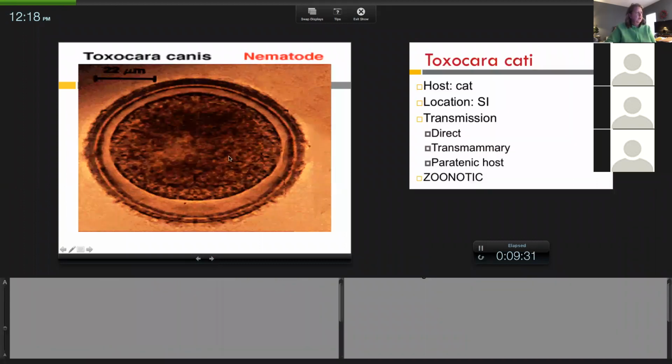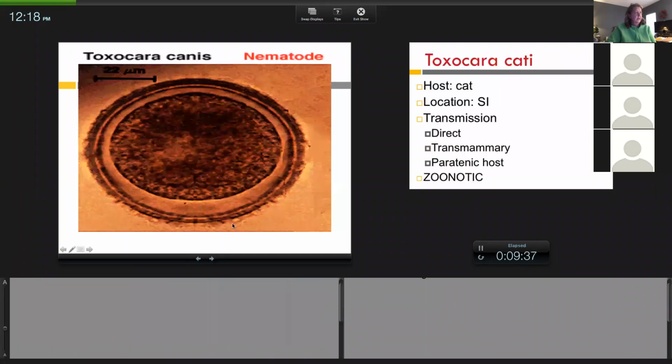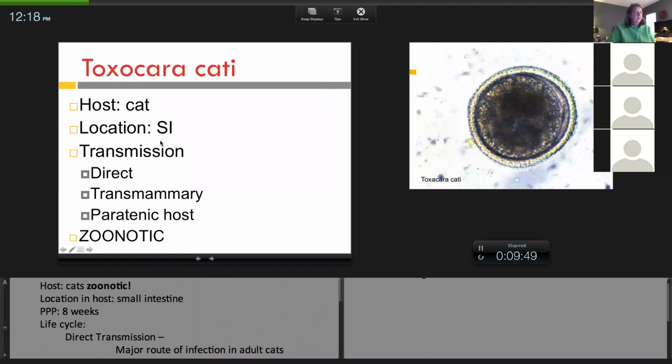Here's another picture. If you look at the difference, not too much difference. Toxocara canis. The middle here is kind of shrunken in, but you can still see that very thick shell to the outside. And then Toxocara cati, small intestine, direct transmammary, or again, paratenic host, especially if you have, this